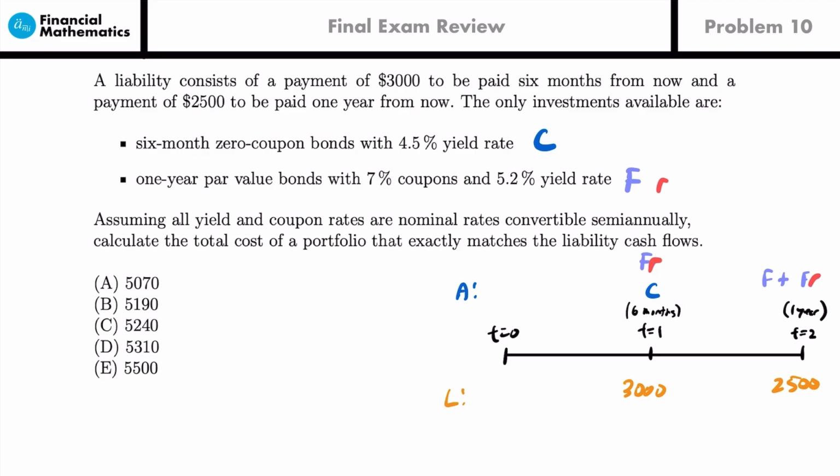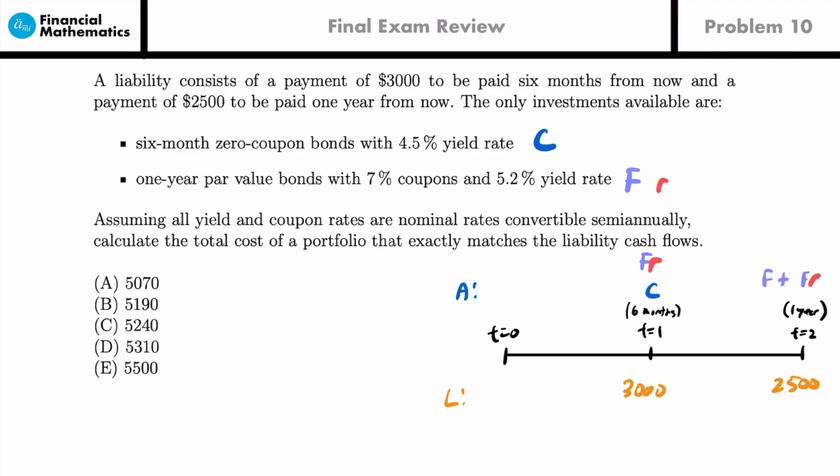However, in this case, only one of those ways is going to be viable. It's not really going to be possible for us to calculate the present value of the liabilities because the way that you would go about that is by using the appropriate yield rate from the assets that match each of those liabilities at each moment in time. In other words, usually you would use the 4.5% yield rate for the 6-month 0 coupon bond for this liability to take it back to time 0. That's the rate that you would use. And you would use the 5.2% for the second liability at time 2 because that's where it would be matched